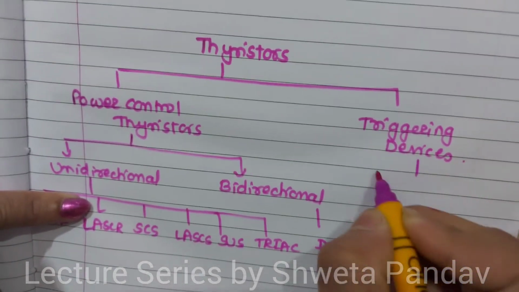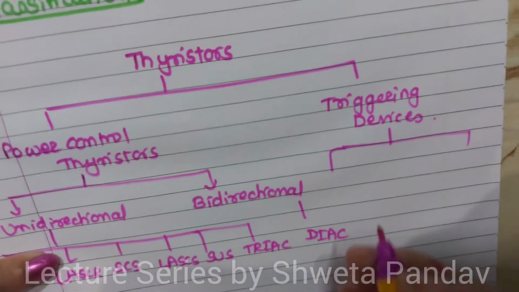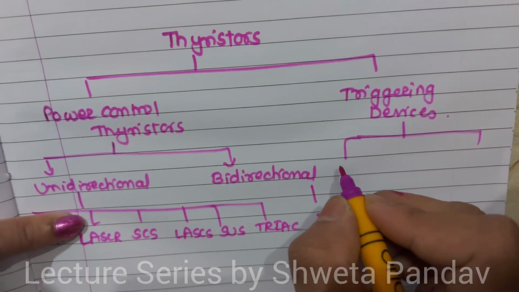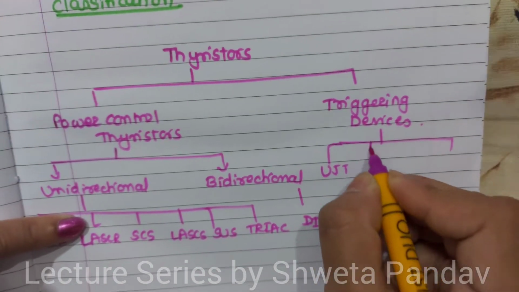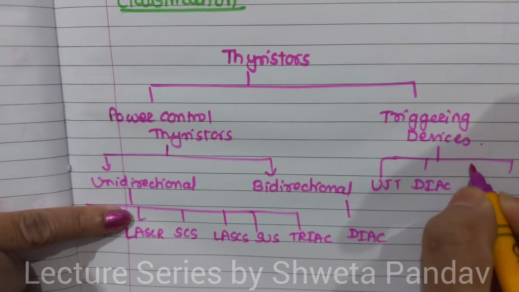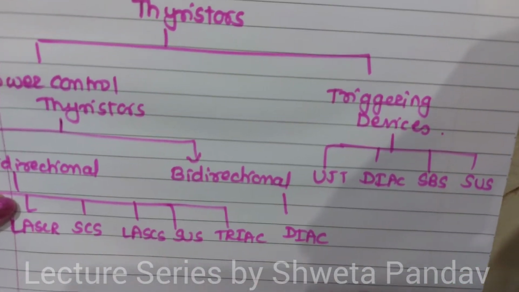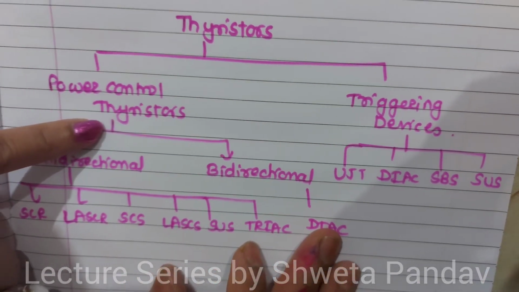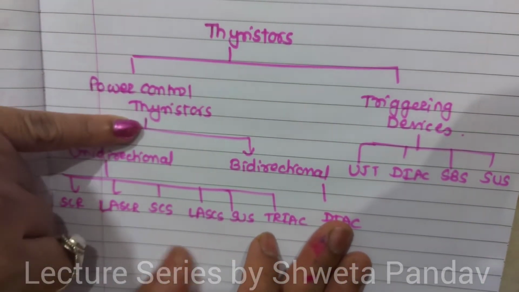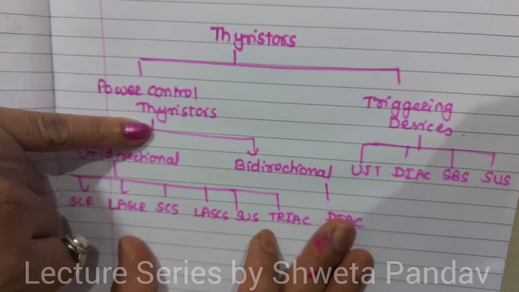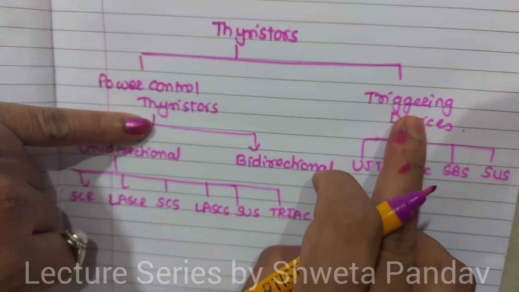And triggering devices are UJT, SBS and SUS. So power control thyristors are used to handle or control large power, and triggering devices are